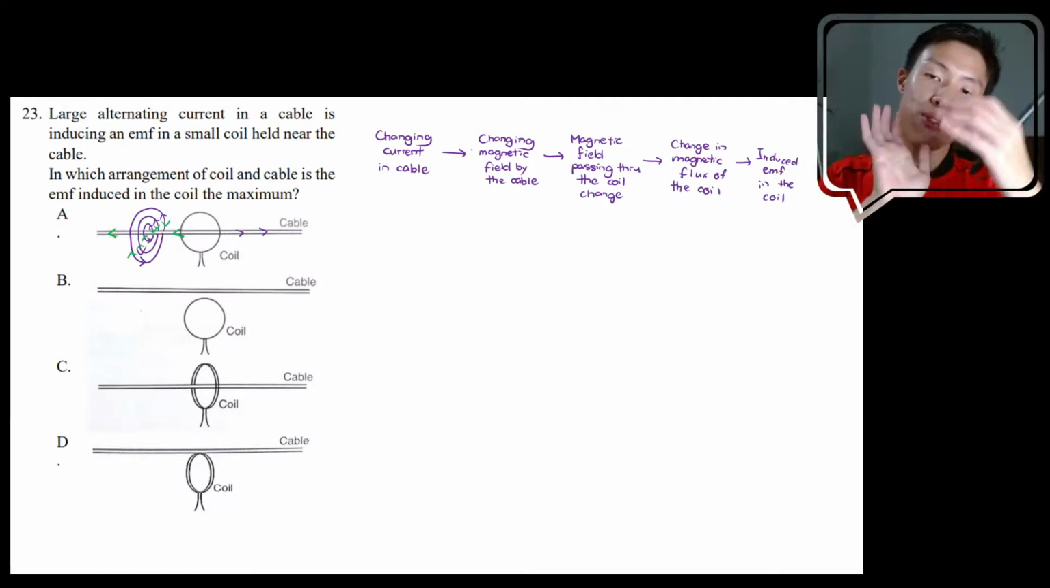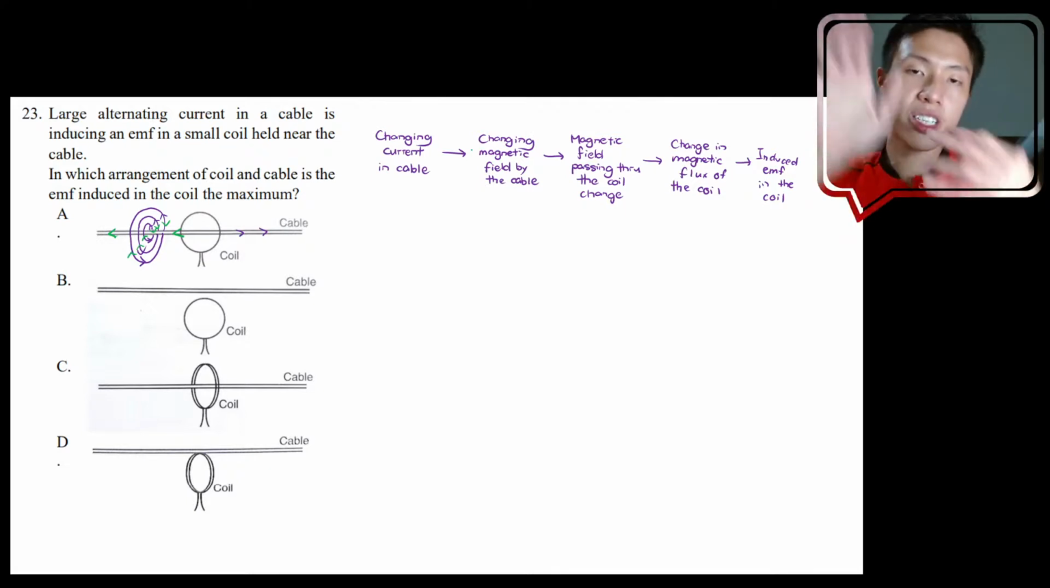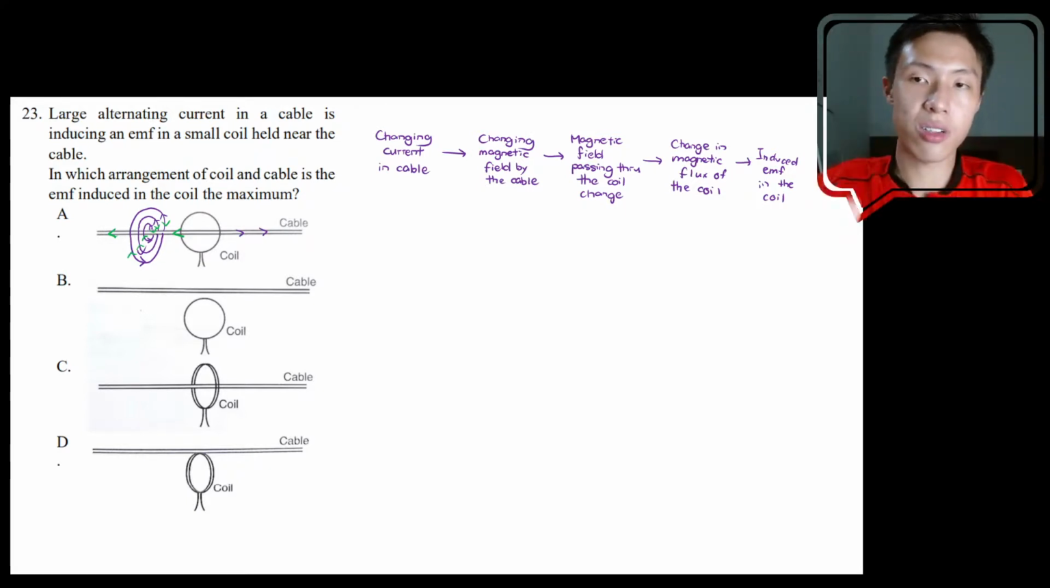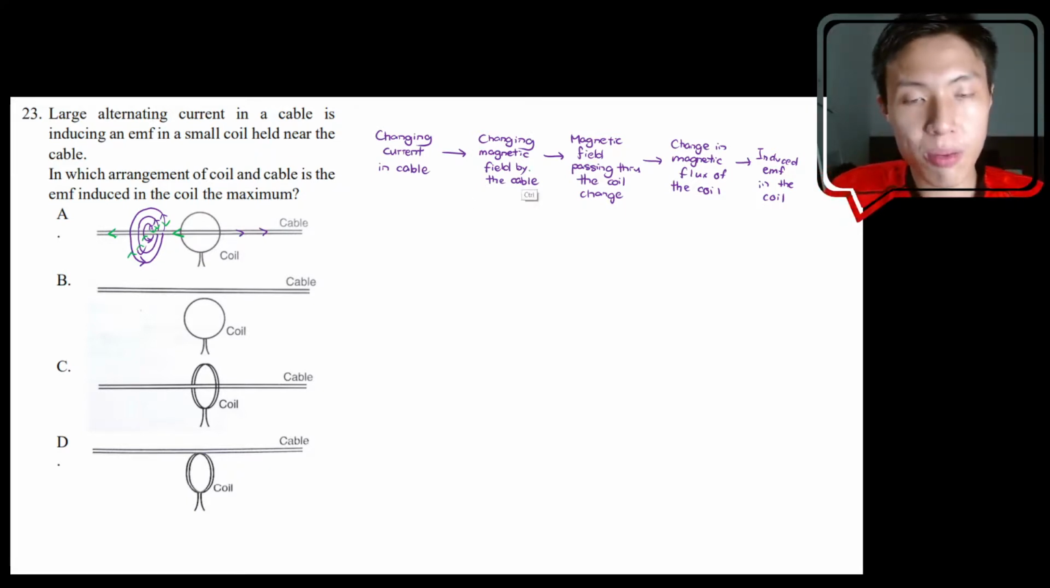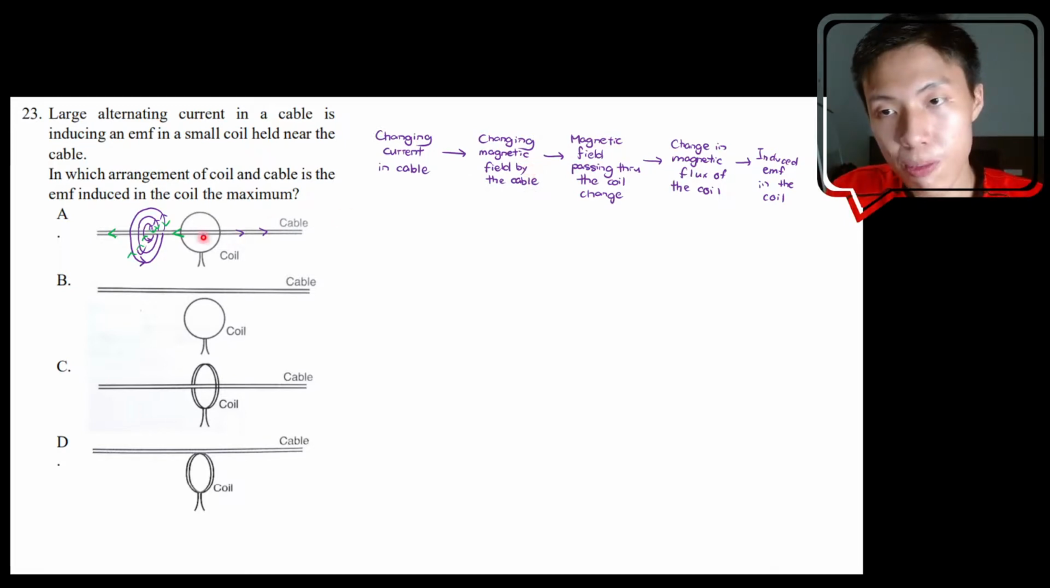Okay, so the magnetic field constantly changes from clockwise to anti-clockwise, clockwise to anti-clockwise, clockwise to anti-clockwise. Because there's a changing magnetic field, the magnetic field passing through the coil will change. So let's analyze how the magnetic field passing through the coil changes. In the first situation here, if we place our coil like this,